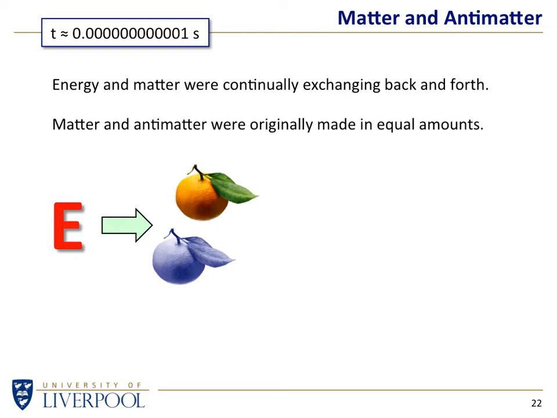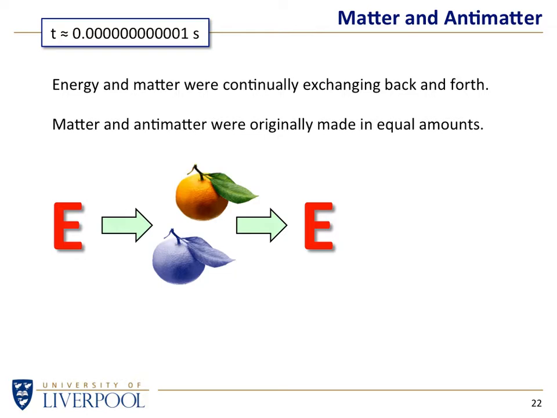And they are equal and opposite, so just like the engines on the Enterprise, they will annihilate each other and you'll end up with energy again. So the big E is just my way of representing energy because I don't know how else to draw it on a diagram. And that energy will, a fraction of a second later, generate more matter and antimatter. Not necessarily the same stuff again. It might generate a quark and an antiquark.